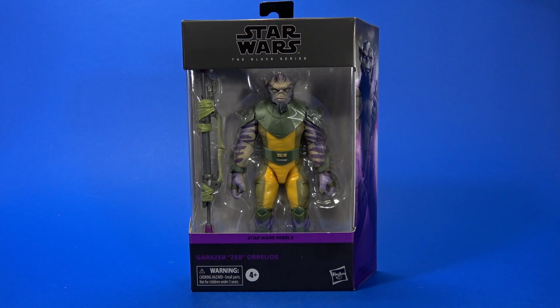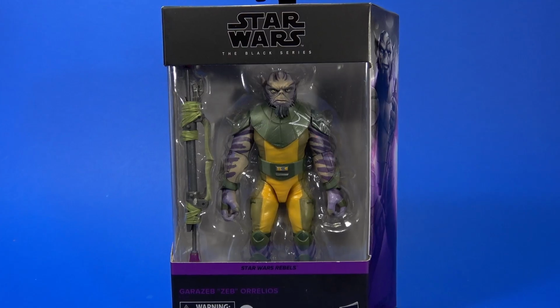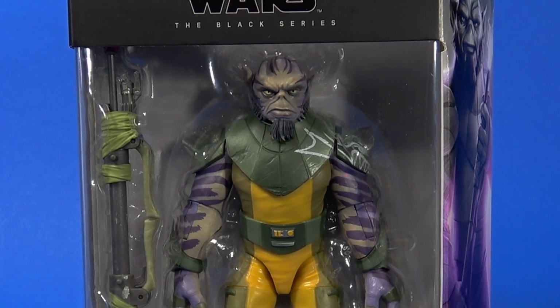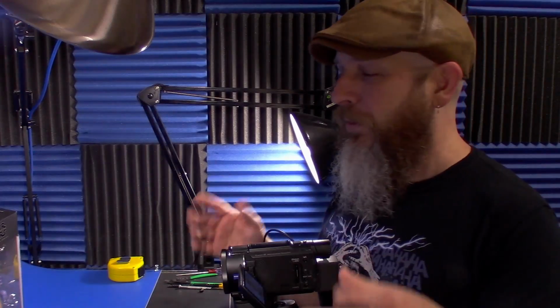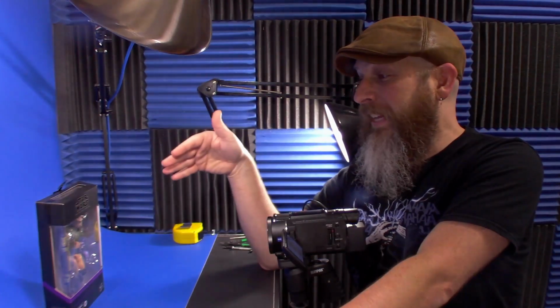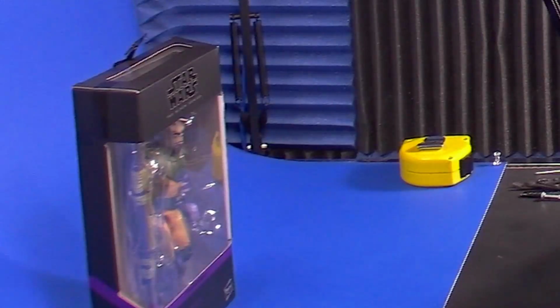Okay people, welcome back to another Fwoosh review. Today let's take a look at the Hasbro Star Wars Black Series Star Wars Rebels Garazeb Orrelios, or Zeb if you're his friend. And yes, before we even get into it, I overpaid slightly for this, but it's Zeb! We've been waiting forever for him, and when I saw it I thought, no, yes, no, oh no, okay, I